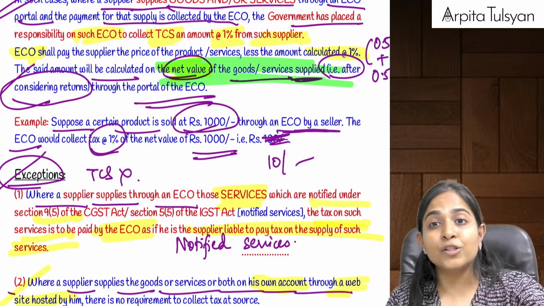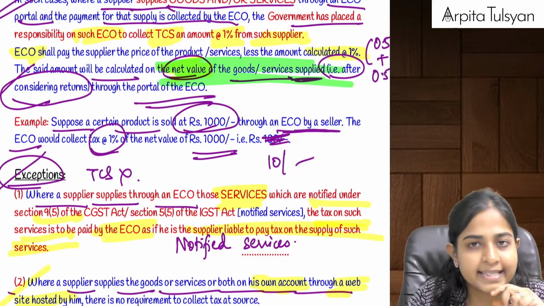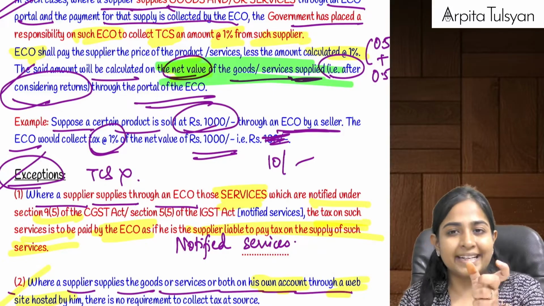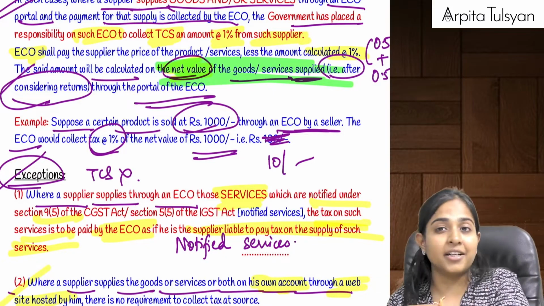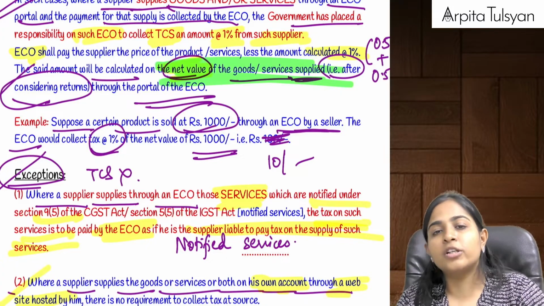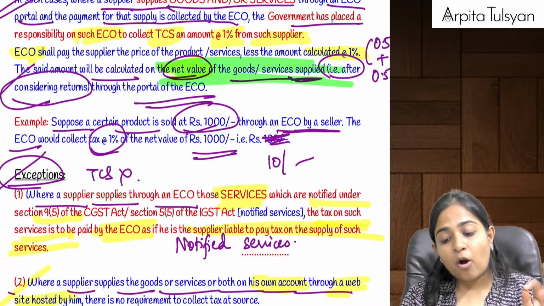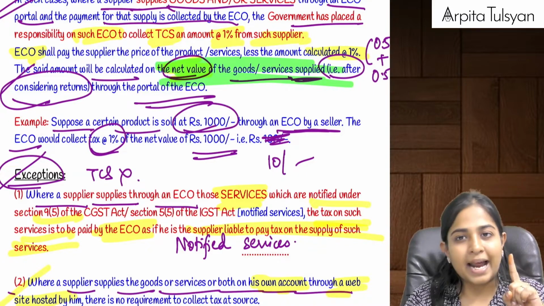We order goods from Amazon, etc. and if we don't like, we return it within the next 7 days, 10 days, etc. So whatever is the net value of goods or services supplied through ECO, after sale returns and excluding your GST and cess,